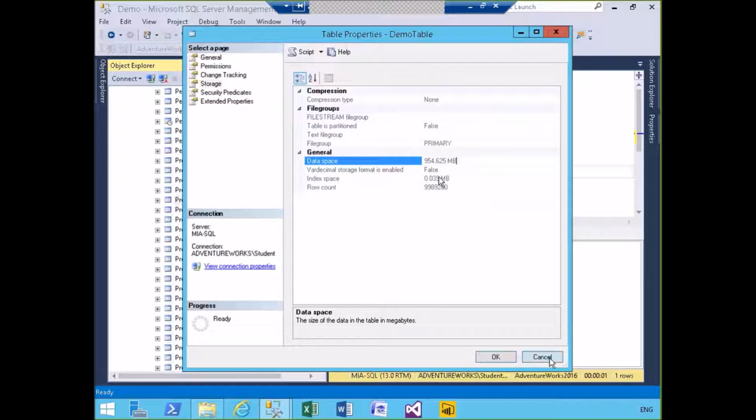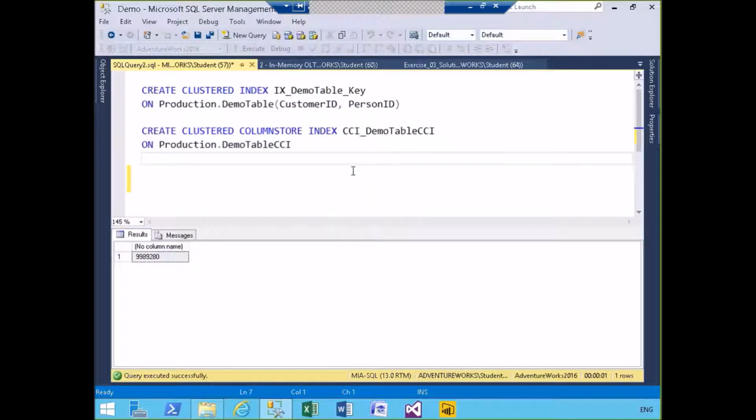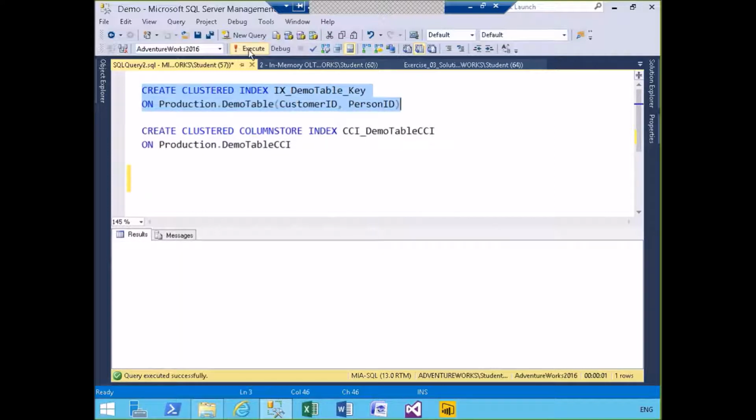So I'm going to create a traditional clustered index on the first table, demo table, and a clustered column store index on the second table. Okay, my first index will be a combination of these two columns here, customer ID and person ID, to make it unique. And the clustered column store index will use every column in that table to create the index. So I'll start with the first one. It might take a minute or two to go through all that and create that for me,